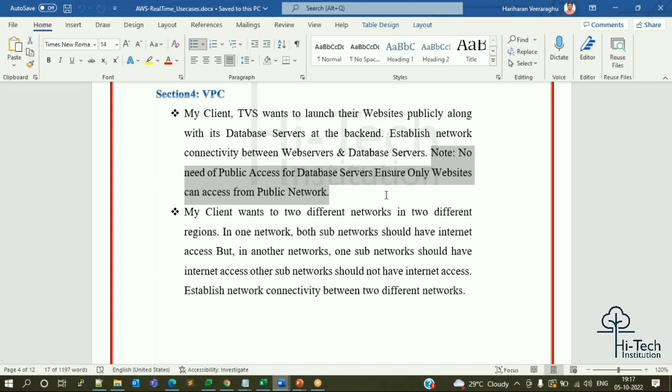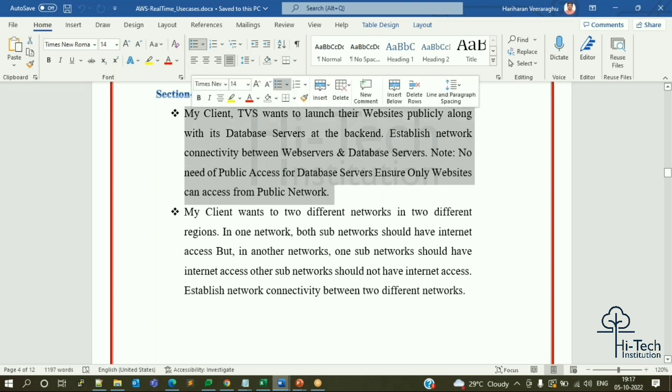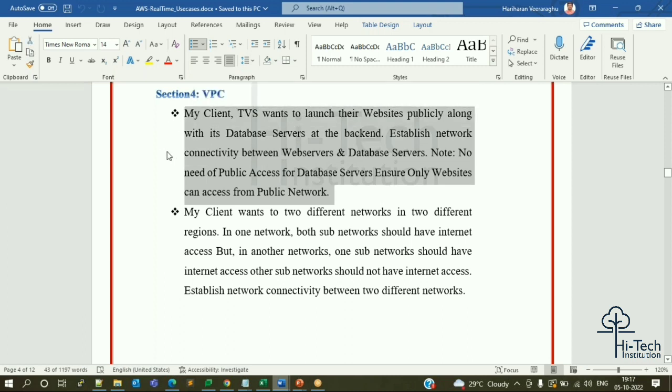So what I'm trying to say is, make sure you do not provide public connectivity to the DB. Finally, what I'm trying to conclude here: when your client or customer works on a live project and has such a requirement, what will they do? They'll create a ticket in your ticketing tool. That's the first thing they can do. Otherwise, they will send an email to your team asking you to work on this requirement. This is the maximum they can do.